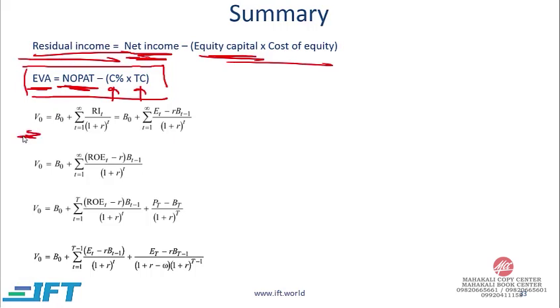Then to estimate the value of the company, you start with the initial book value and then the present value of all your residual income projections. Residual income can also be written like this, which is simply the relationship we saw up here. And we demonstrated algebraically that this can also be written as (ROE minus r) times the book value at the start